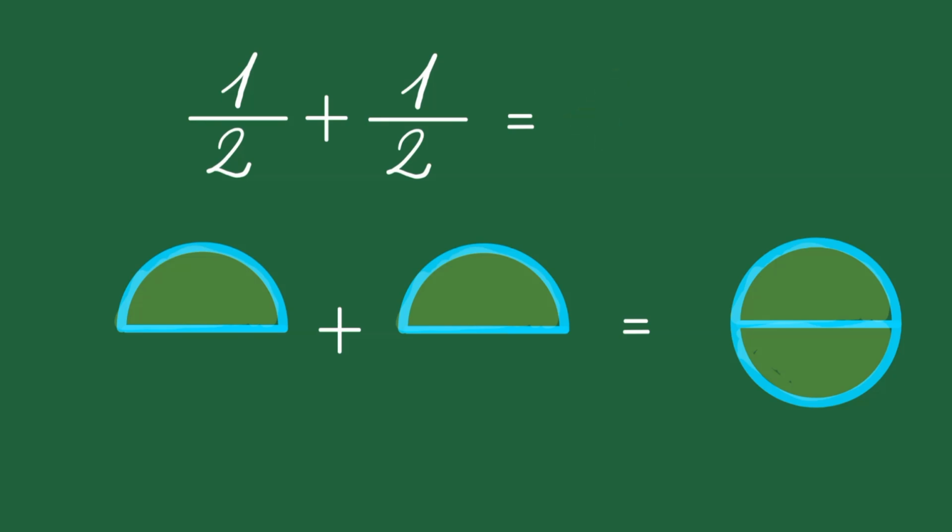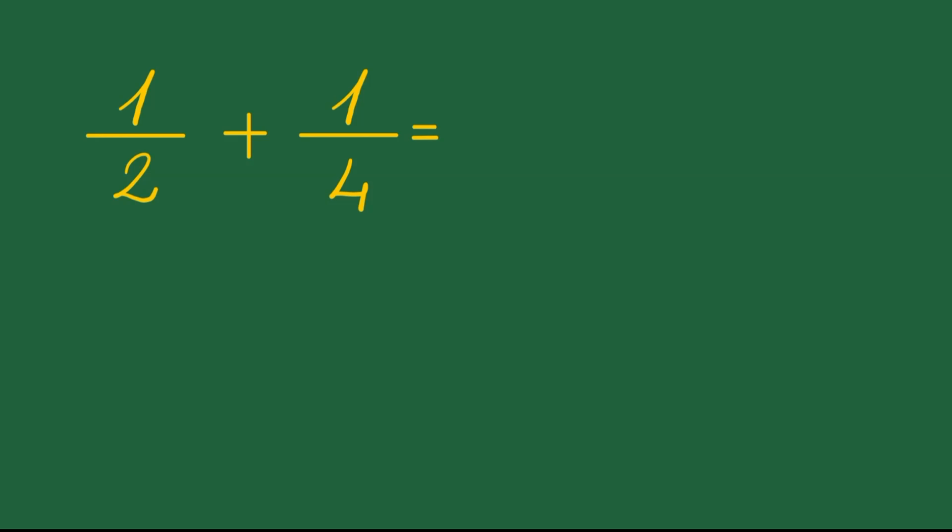Unfortunately, this graphic method is difficult to apply when the numerator is greater than the denominator. Now I will teach you a practical method for adding two fractions. The first step is to multiply the numbers in the denominators and write the result in the denominator of the solution. Then multiply the value in the denominator of the second fraction by the value in the numerator of the first